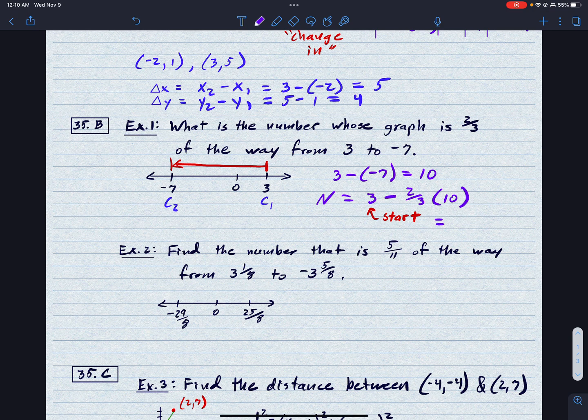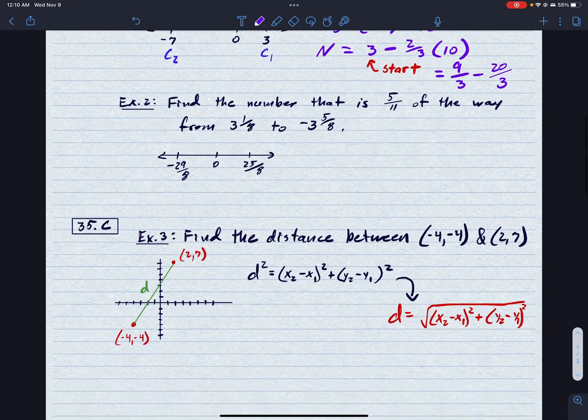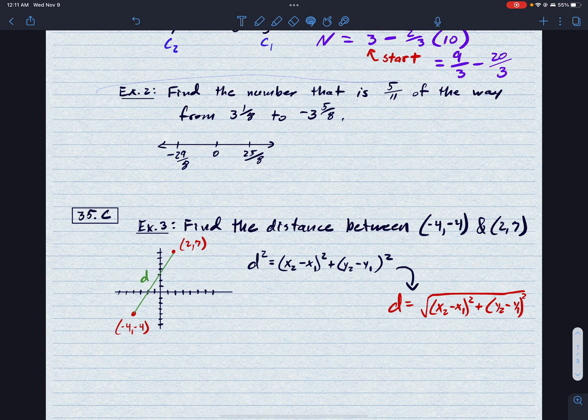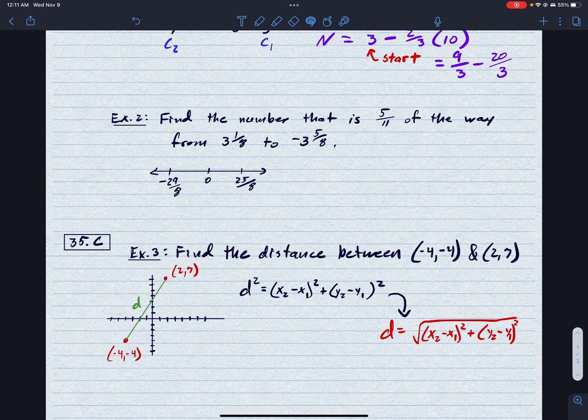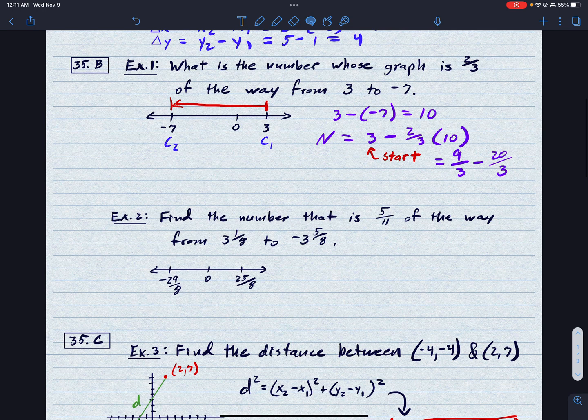20 over 3. So we've got 3 minus, well, let's do 9. 9 minus, 9 over 3, sorry, minus 20 over 3. And I'm out of space here, so let me do a little organizing. Bear with me 1 second. I'm just going to slide this down a little bit. All right. So 9 over 3 minus 20 over 3, of course, gives me 11 over 3, which is about,